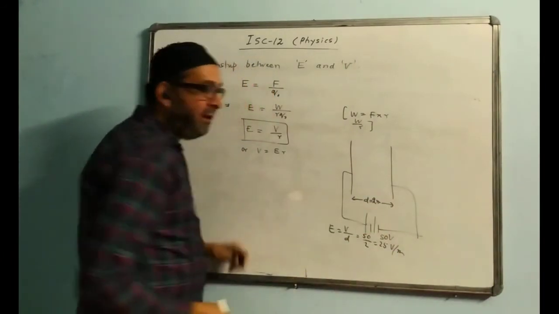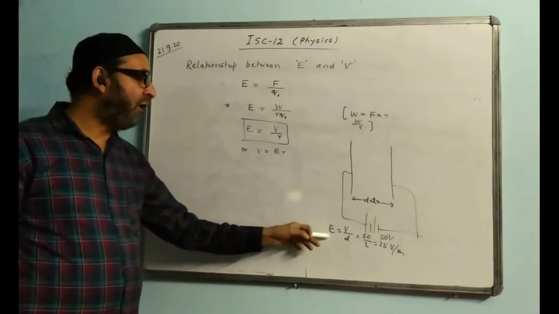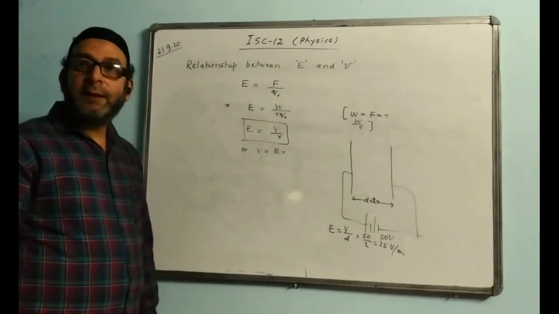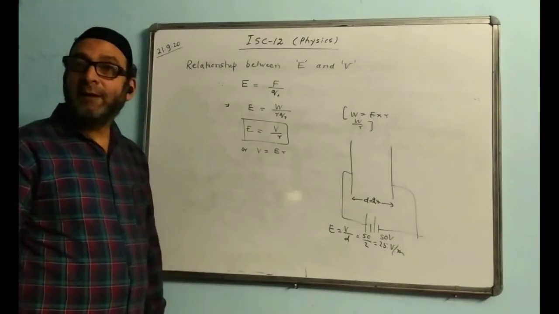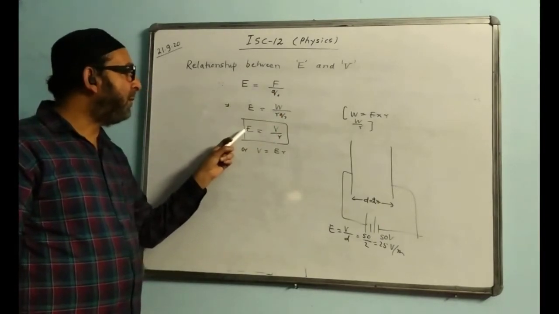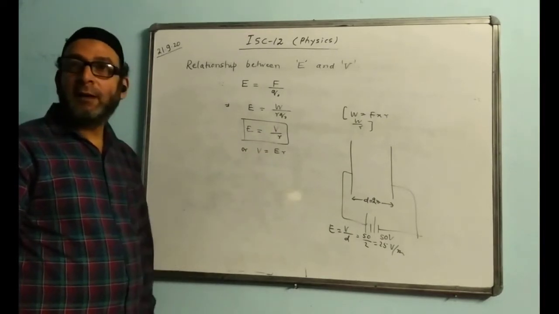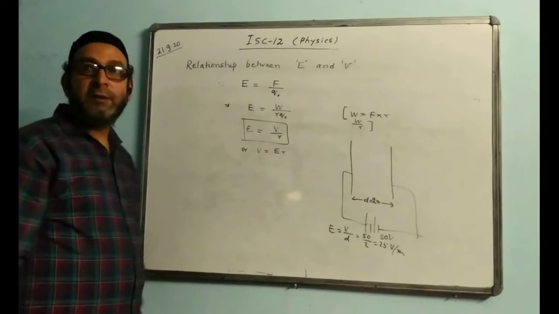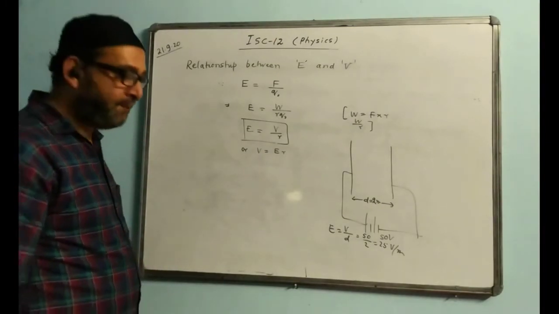Volt per meter we can give, or you can give Newton per coulomb. So any one of the units we can give for electric field: volt per meter or Newton per coulomb. So this kind of problem you may also expect. So how are electric field and electric potential related to one another? By this equation: E equal to V by R. This is the relationship between electric field and electric potential.